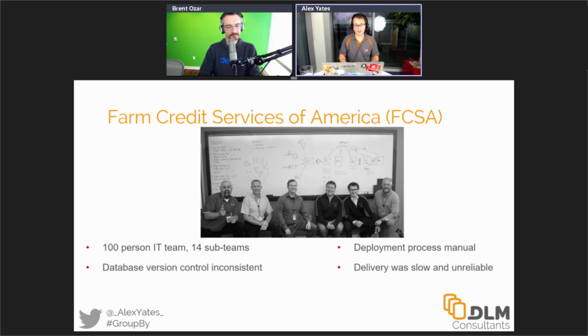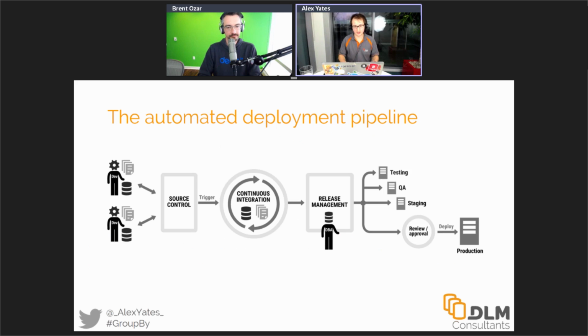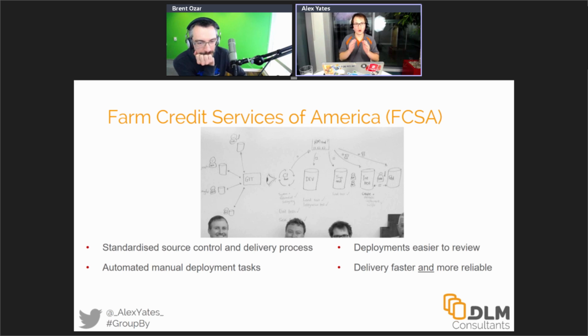Well, what we did when we went in is we drew this diagram on the board behind him. Now that looks a bit familiar. Remember this diagram here? The logical consequence of thinking about these problems is to make sure all your development happens in a consistent fashion. Make sure that everybody's working in the same way, so you can understand when these changes are working through the system, everybody can see, right, I understand what that code means because I understand your source control system, or I understand the way that you write code.